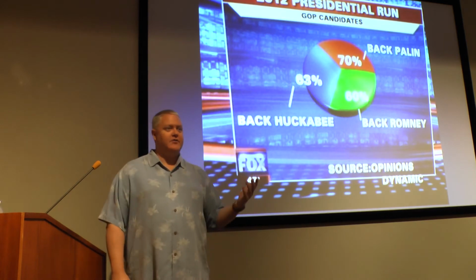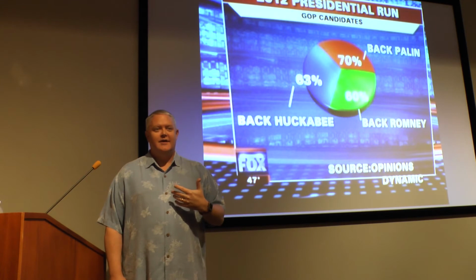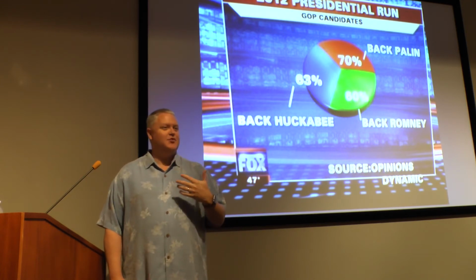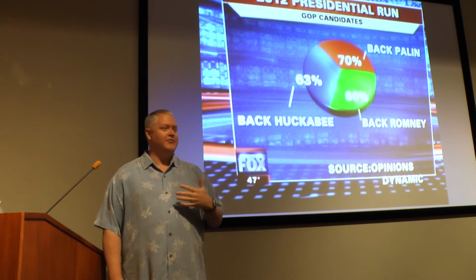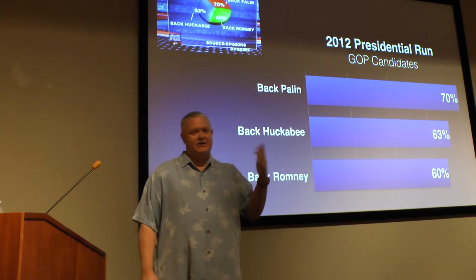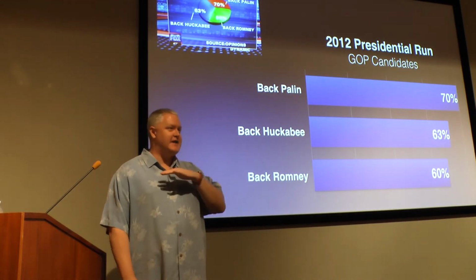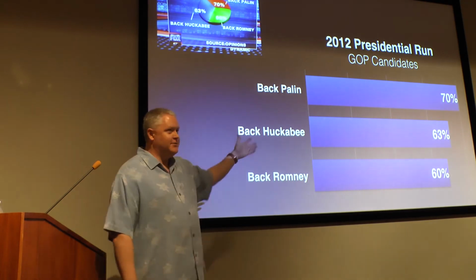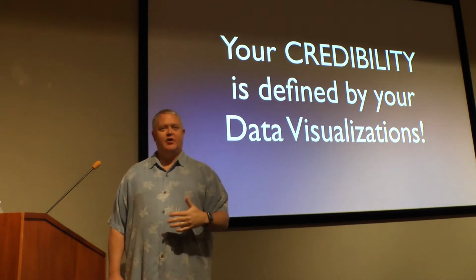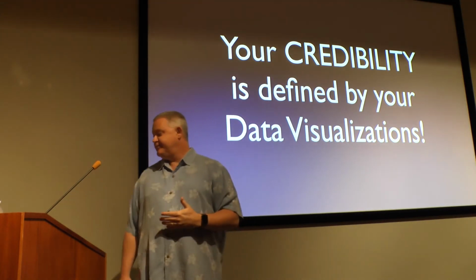Pie charts are especially hard for some reason. The golden rule of pie charts is they have to add up to 100%. If your pie chart doesn't add up to 100%, what are you doing? Step away from the computer. This is survey data where it's like check all that apply. It has no bearing whatsoever. It has no business in a pie chart because it doesn't add up to 100%. It should be something like this, like a bar chart. So your credibility is defined by how you visualize your data. Because if you mess it up, you're going to hurt your credibility as much as you can help it.